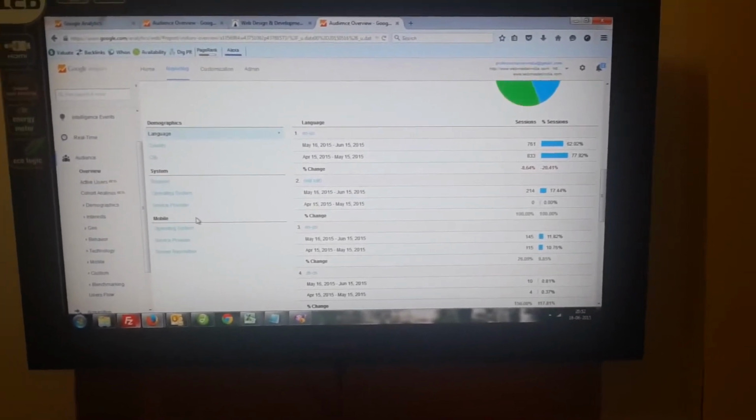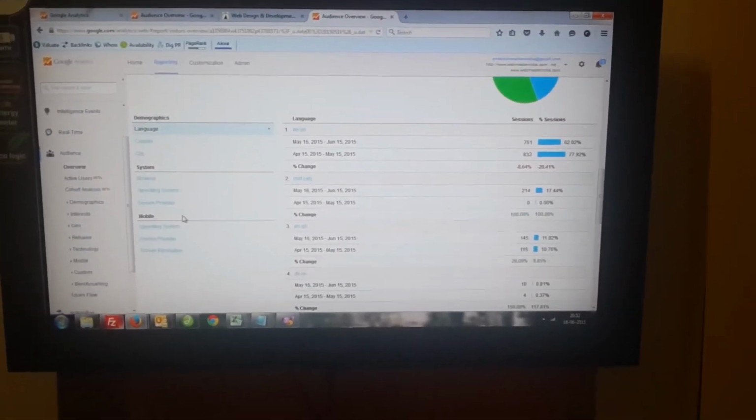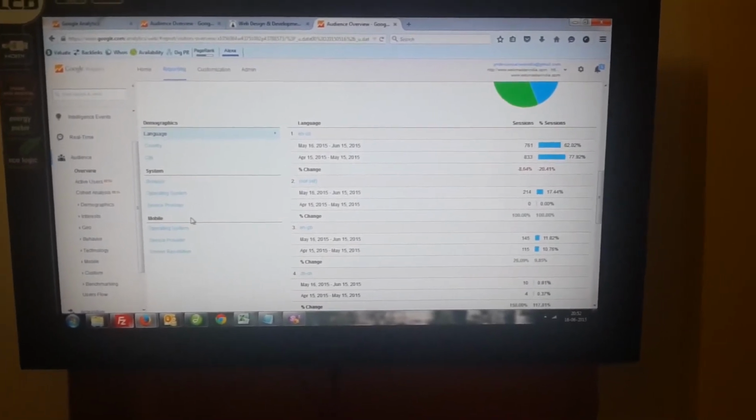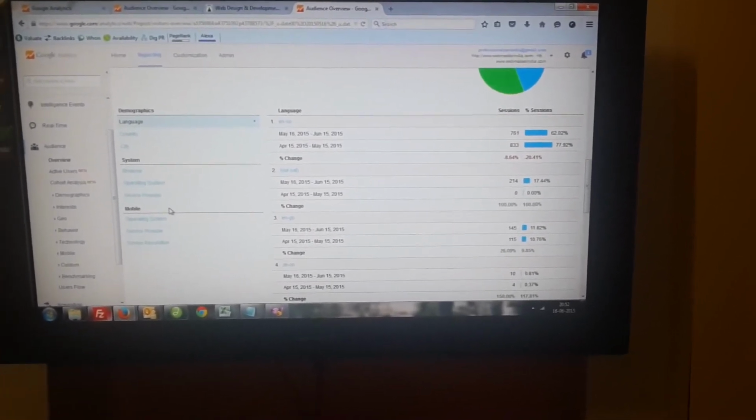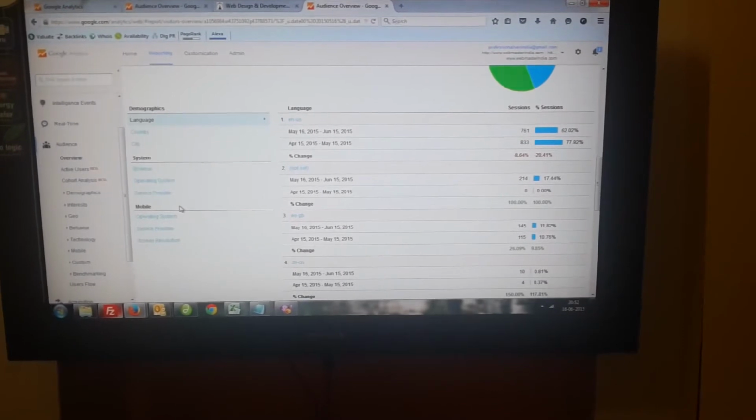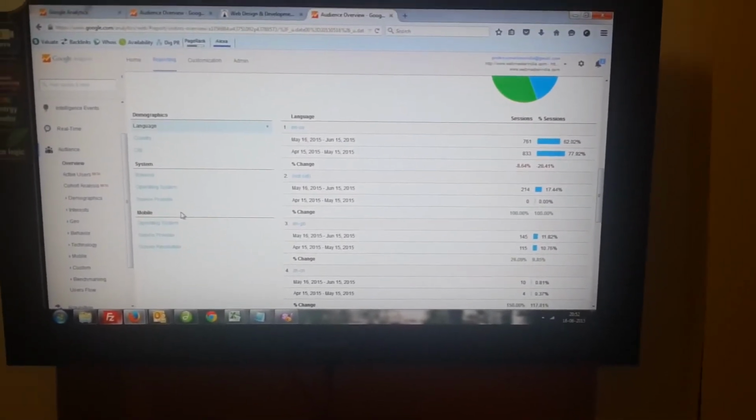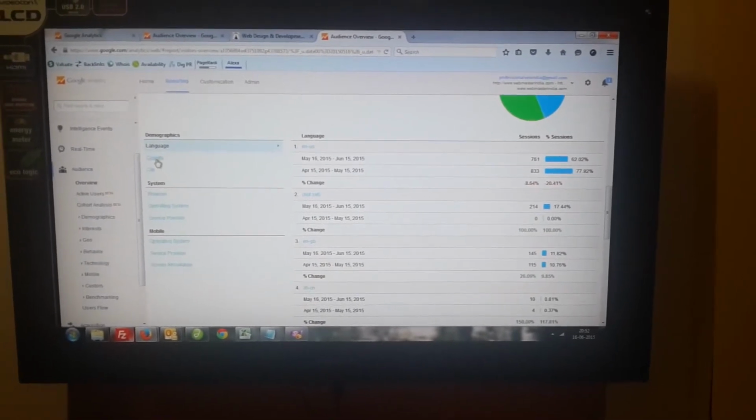If your website is presented in some local language, then you can see from here whether that particular language traffic is increasing or decreasing.